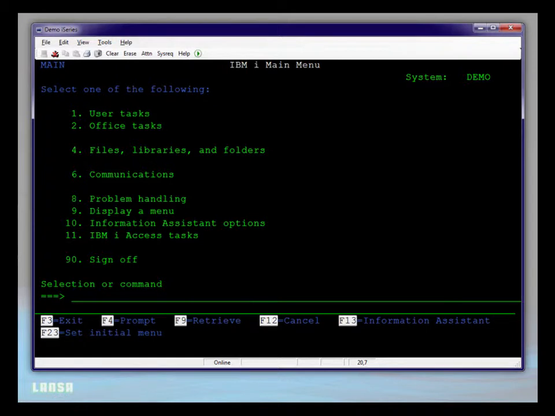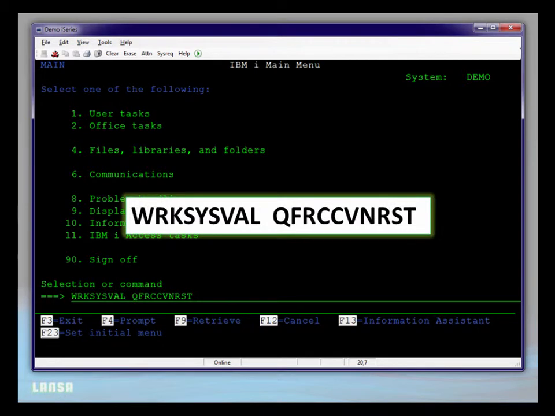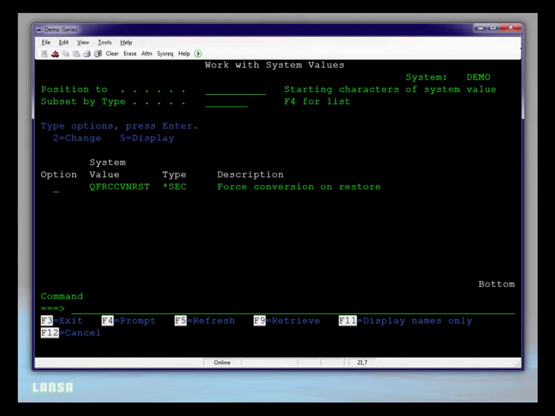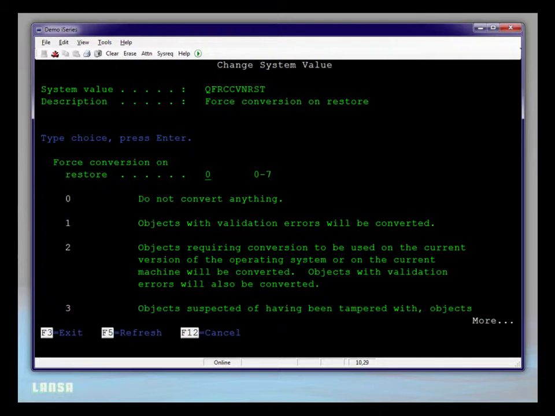Sign on to the IBM i as QSECOFR or a profile with equivalent rights, and at the command line, issue the following command: WRKSYSVAL QFRCCVNRST, which is the name of the first system value. Then, take an option 2 and press enter. Per the Getting Started guide,